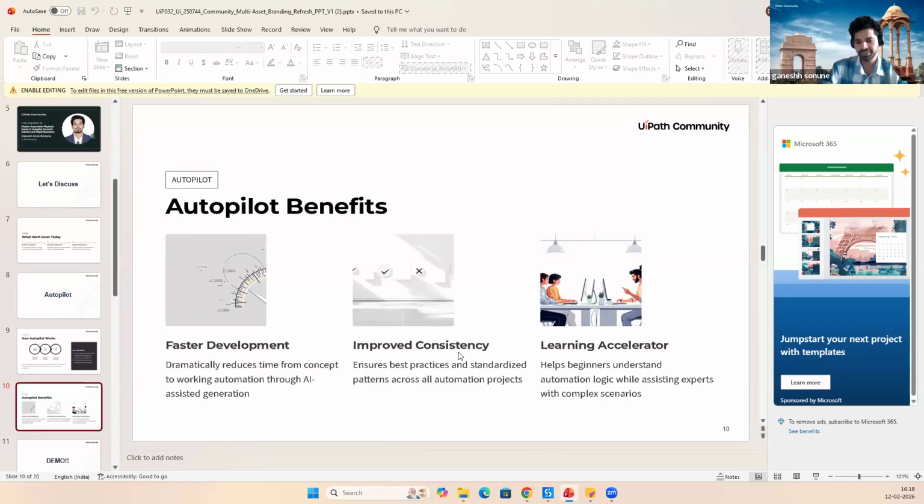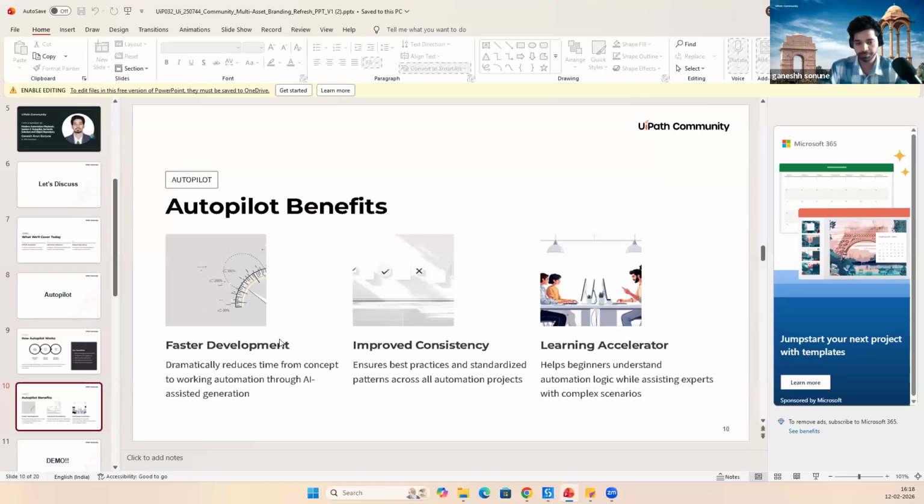Then improved consistency: for best practice or for the solution, we can depend on Autopilot as well. And learning acceleration: at the time of debugging, we can get solutions faster, and it helps at that point.